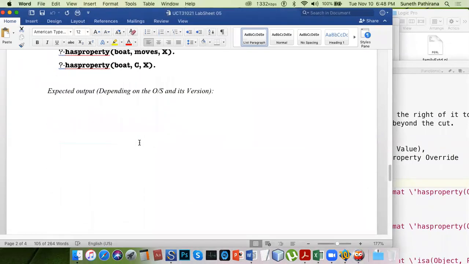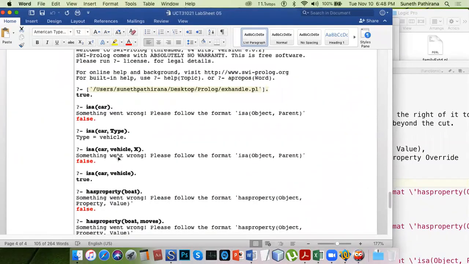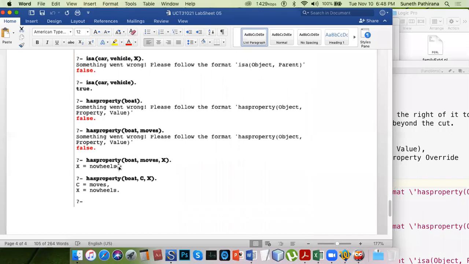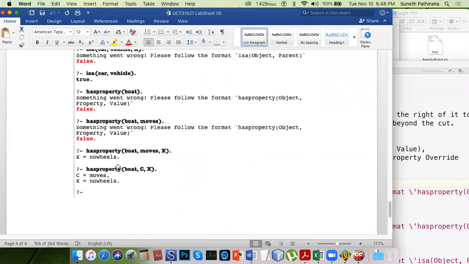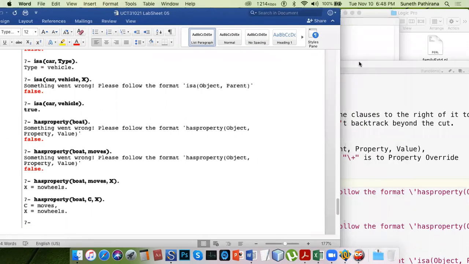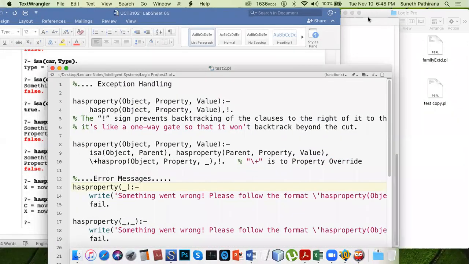It should work. Here it's working. Okay. It shouldn't be parameters here.